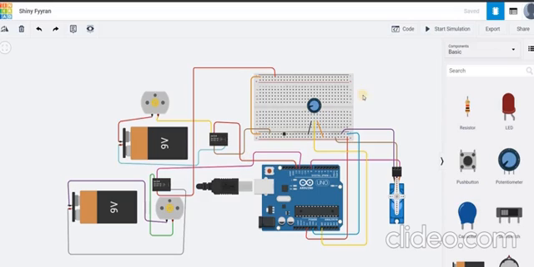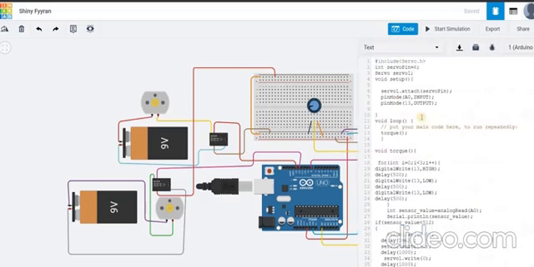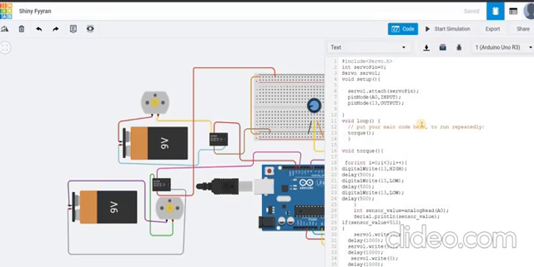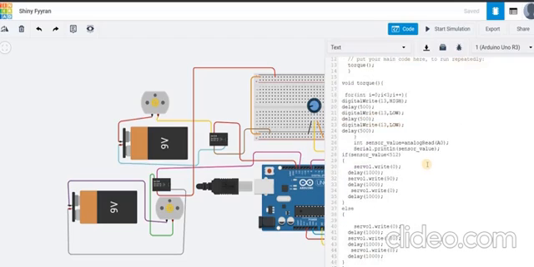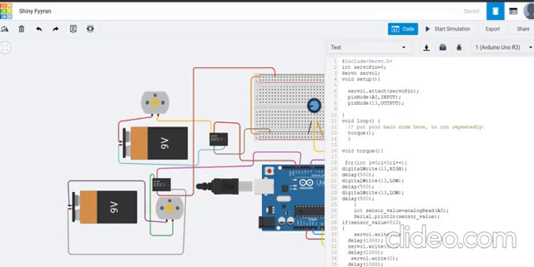So next is the code for our course project. You can see this is the final code we have uploaded for our course project. Here in our course project we have used a servo motor, so we have used the Servo.h library and a servo pin for the servo motor in the code. And next we have used two DC motors, so we have used the pinMode function and the digitalWrite function for the DC motors. In this way, you can see this is the complete code for our course project that we have uploaded.